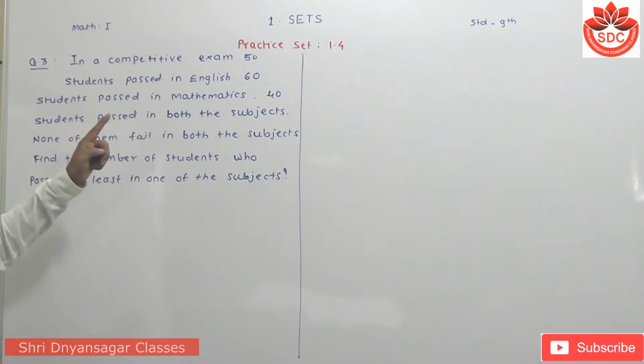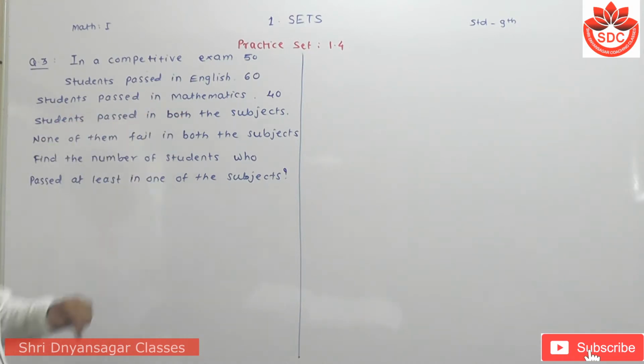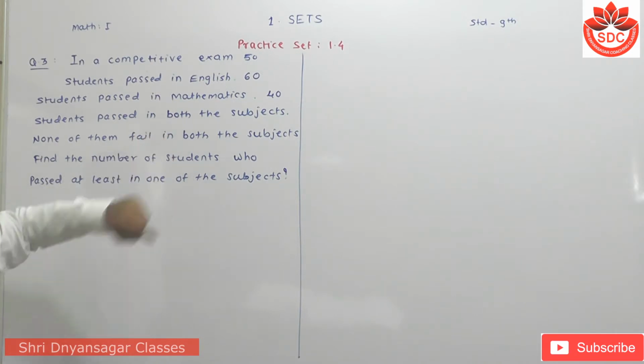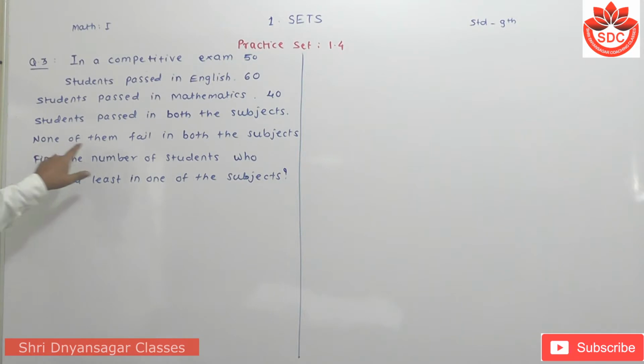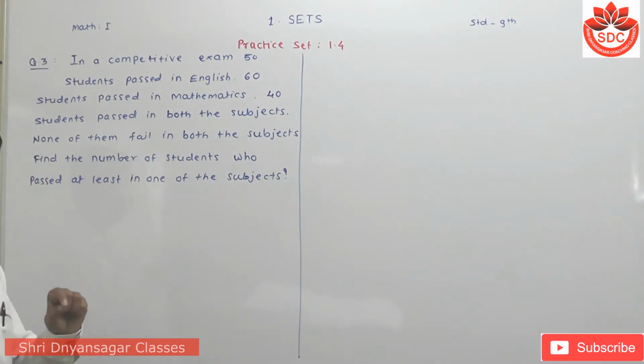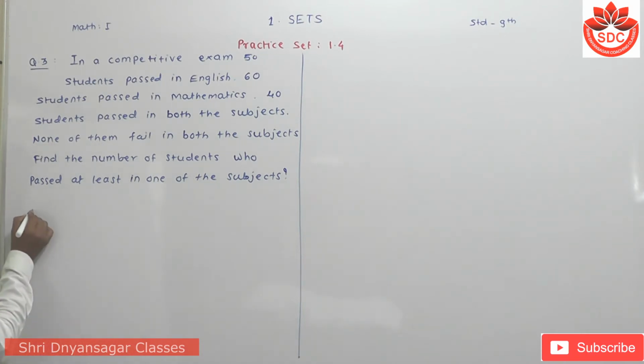50 students pass in English, 60 students pass in mathematics, 40 students pass in both, means that intersection is given. None of them fail in both the subjects. कुणीच नापास नाही झाला. Find the number of students who pass at least in one of the subjects. Means that you have to find out its union. So here in the answer, first I have to take, let